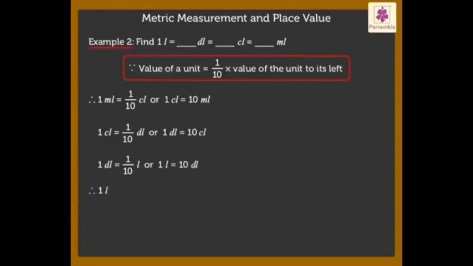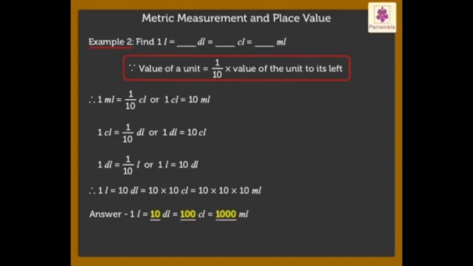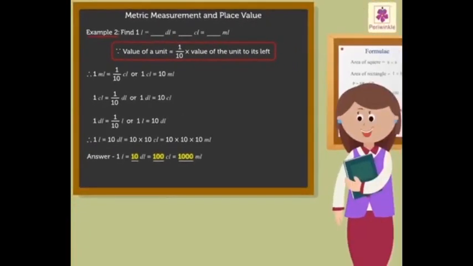So, 1 liter is equal to 10 deciliters is equal to 10 into 10 centiliters is equal to 10 into 10 into 10 milliliters. Thus, we get the relation as 1 liter is equal to 10 deciliters is equal to 100 centiliters is equal to 1000 milliliters. Kids, now try finding